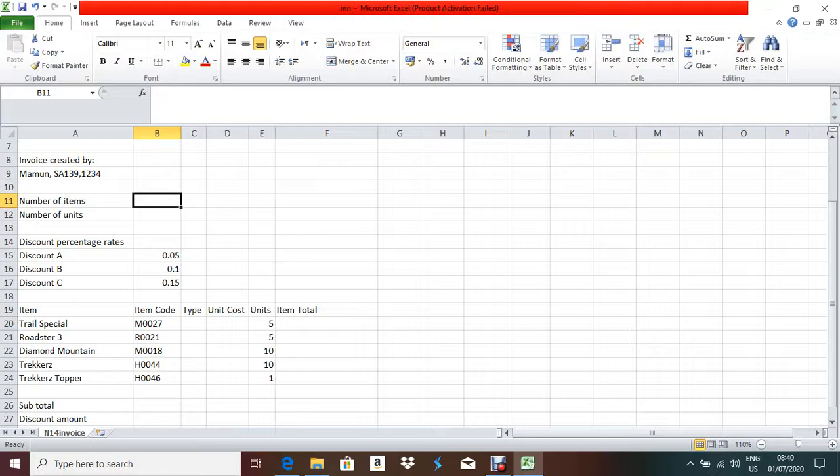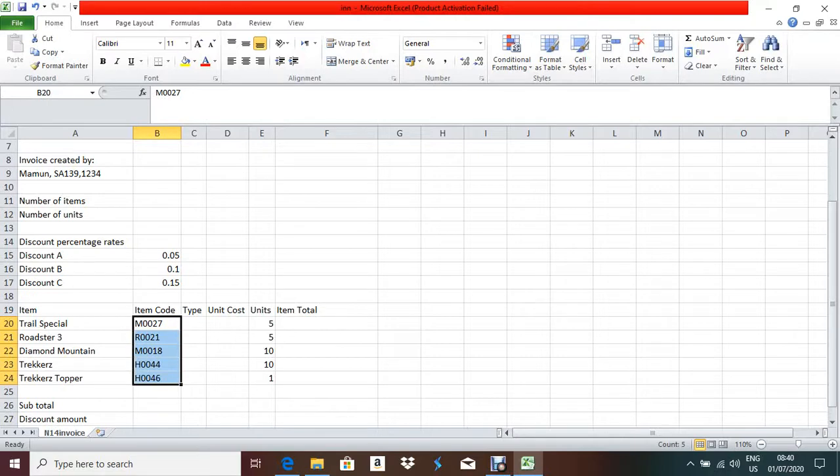Now when you are going to count some number or value, first you have to check the data, what type the data belongs to. Here, if you check properly, the item code belongs to number as well as text, that means alphanumeric data.